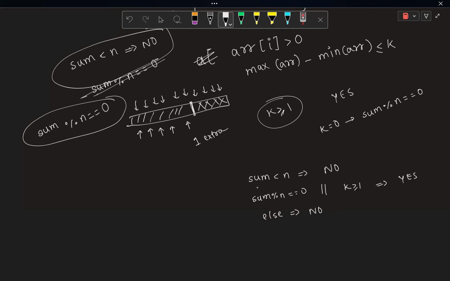So is this problem clear? Should we move on to code, or does anybody have any doubt? Okay, so you are confused about the part k greater than or equal to 1. Okay, so what I said was that I wanted to distribute in such a way that max minus min should be less than or equal to k. I said that if k is greater than or equal to 1, anything except 0, any positive integer, then